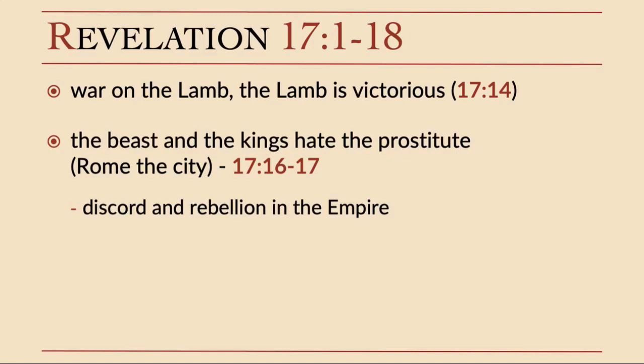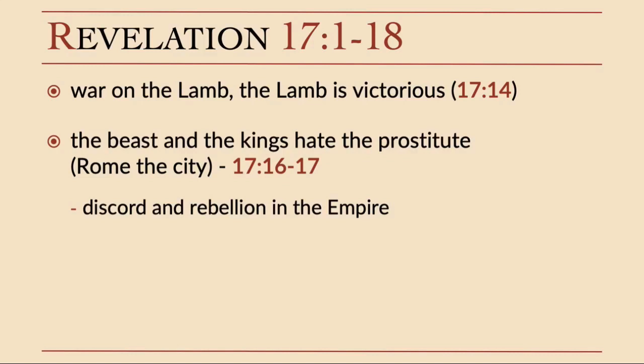All right, so what are we looking at here in chapter 17? We've kind of picked apart and looked at some of the trees in this. We've got about 5 minutes left, so I'm going to go ahead and just sum this up. What are we looking at? Well, in Revelation 17, what we have is the city of Rome and its empire, drunk with the blood of the saints of Christ. But 17 isn't the end of the story, because what's going to happen in the next chapter is going to tell us what's going to happen to this prostitute.